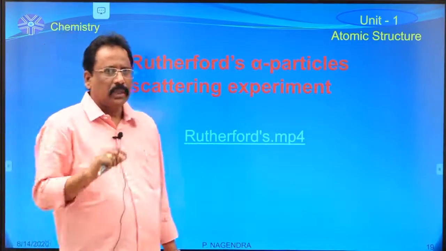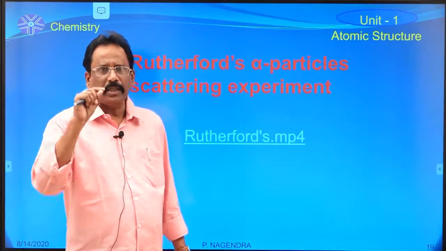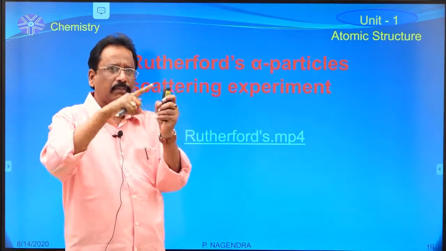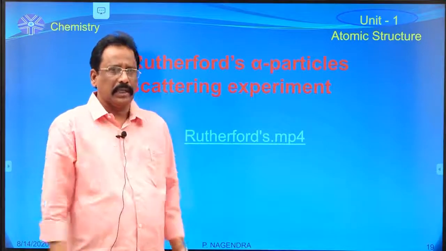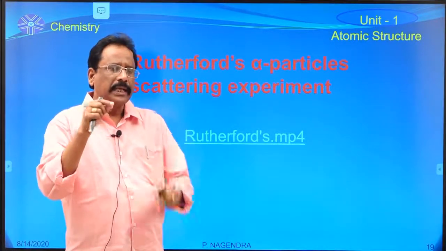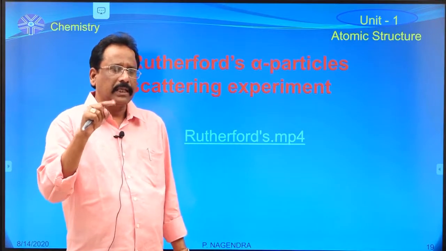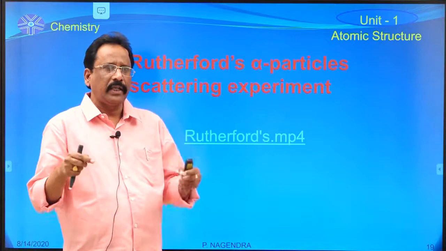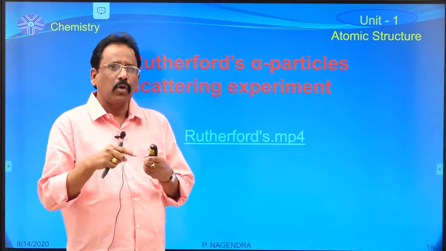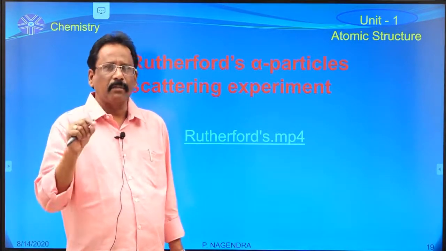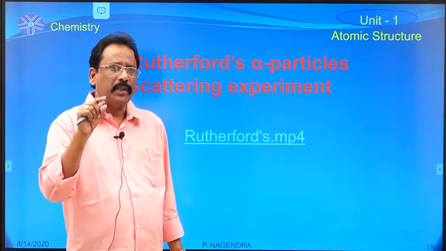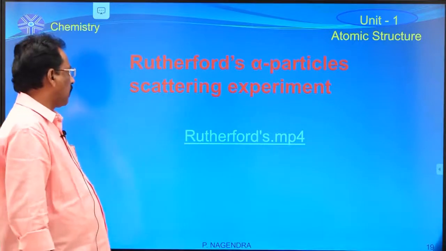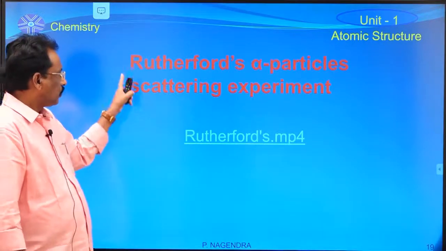Up to now, the first atomic model is Thomson's atomic model. According to him, an atom consists of a sphere of positively charged electricity in which the negatively charged electrons are embedded like seeds in a watermelon. That's why the atom collapses. That means Thomson's atomic model failed to explain the stability of an atom. That's why the second atomic model was proposed by Rutherford.